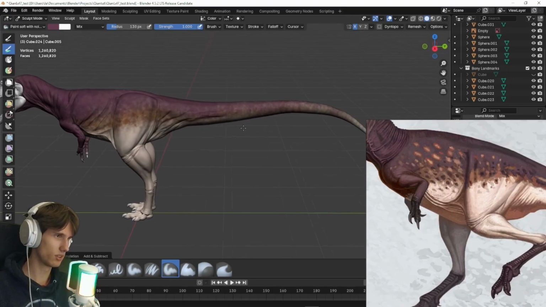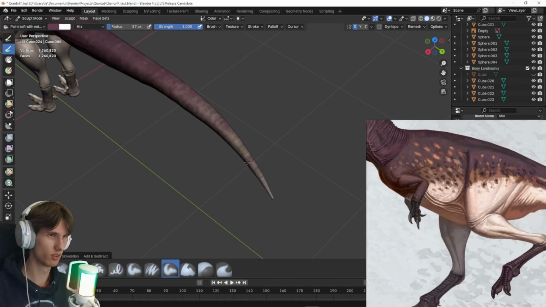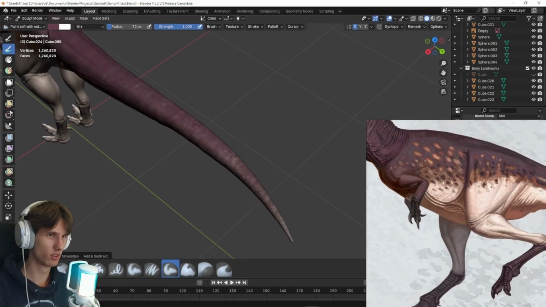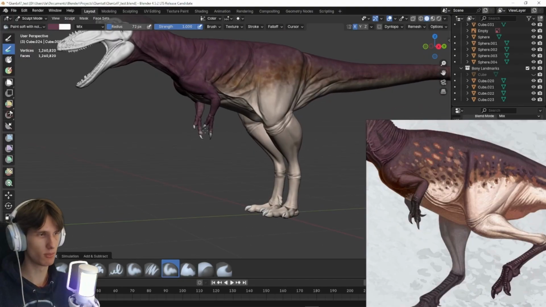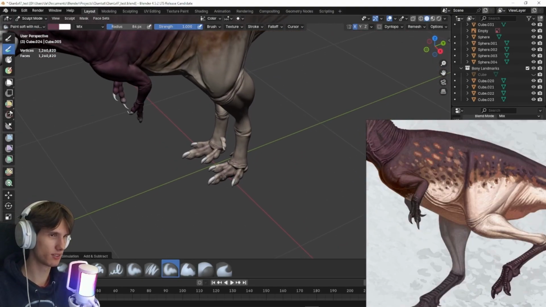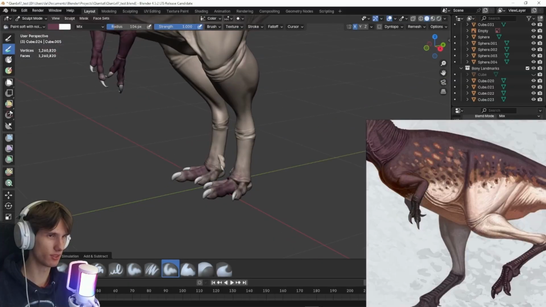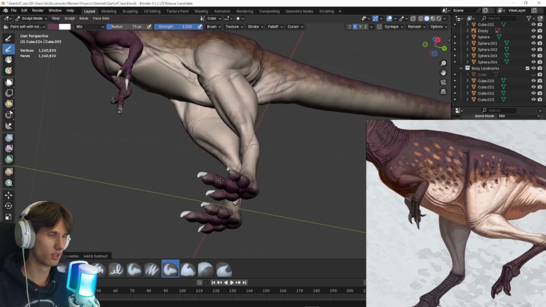Okay, let's maybe paint this a bit further. Okay, so I think this is pretty much the base of colors. Maybe let's just paint the legs, the toes and feet as well, as you can see in the reference. So also